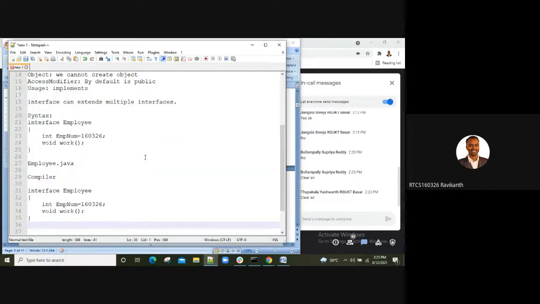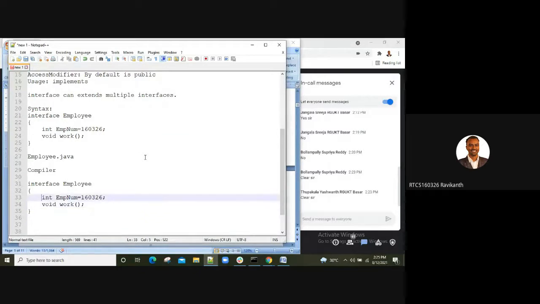Once after compilation, as this is an interface, by default it will consider it as public static final, followed by int employee number, as it is a variable. But how about the method? We said an interface consists of abstract methods.